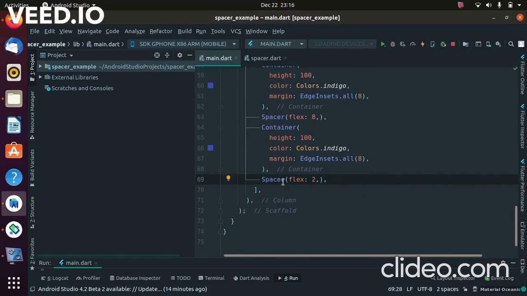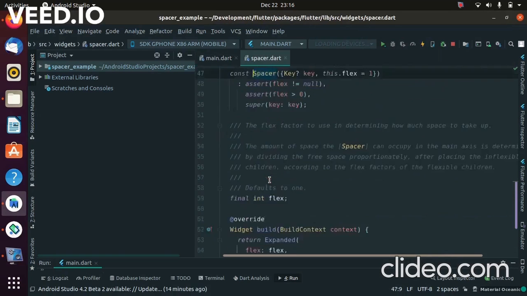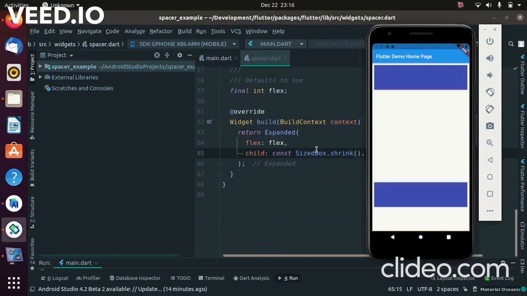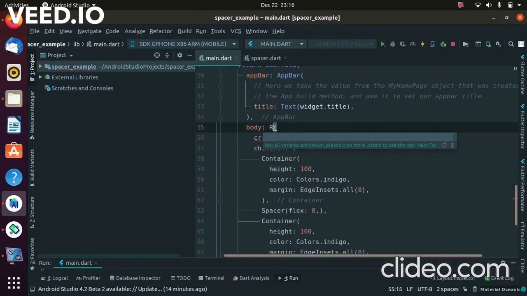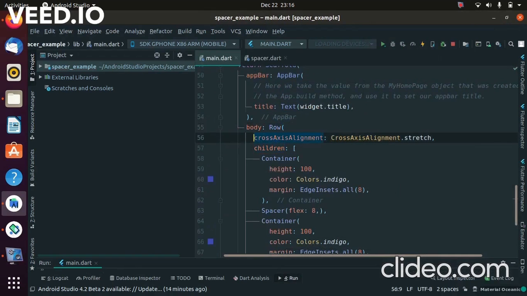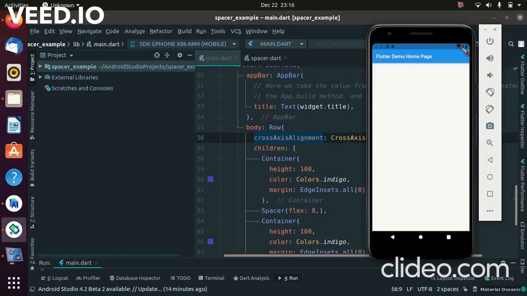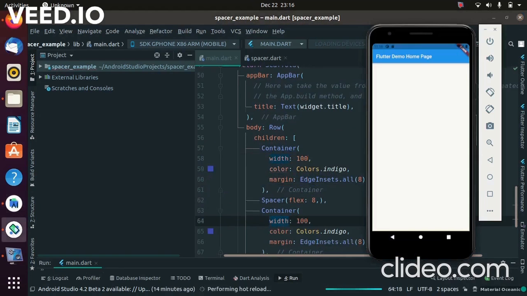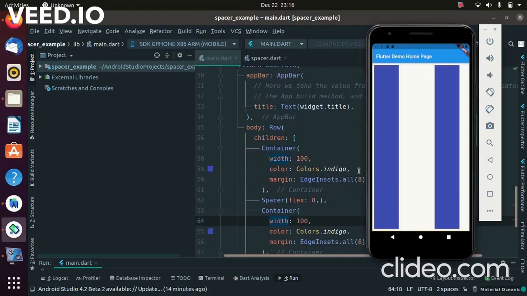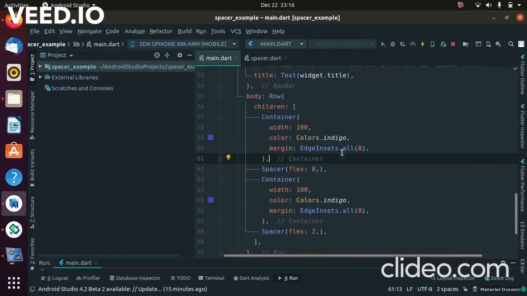You can also use the same thing in a Row widget. Okay, so it works simply the same because the underlying widget is an Expanded at the end of the day. So you could pretty much do the same thing with a Row widget though. Maybe just remove this. Yeah, so you see now that there are these two widgets, and you could probably constrain the height, but let's